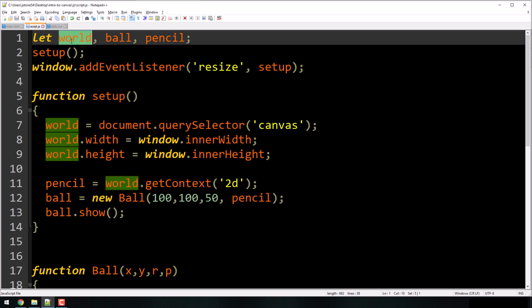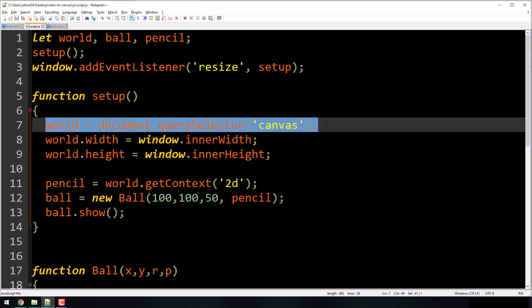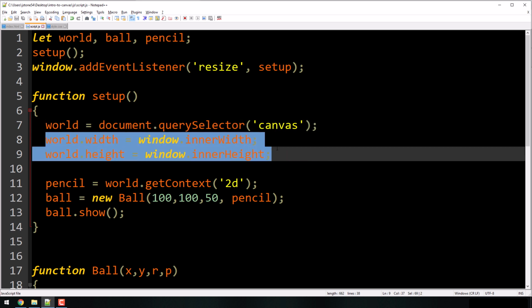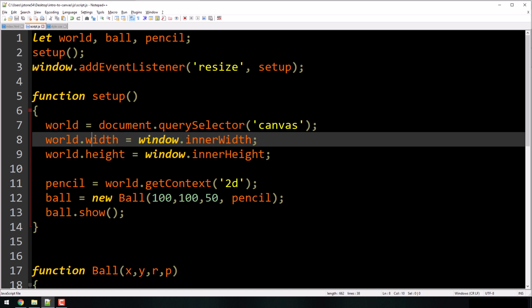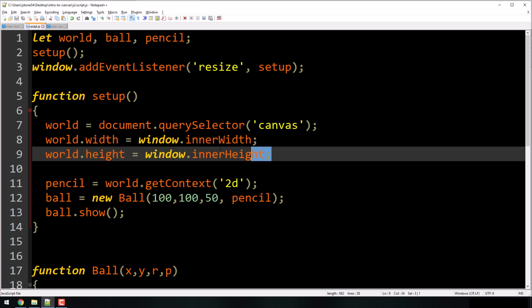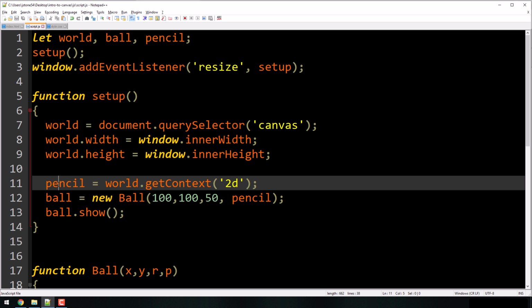All right. What's my setup function do? It takes this world object, which assigns it that canvas in my HTML. So that's the whole canvas object. That canvas object has, and again, it's just a tag, right? But it has a width property and a height property. I'm setting it to the window's width and height. So now I've built my canvas. It's full screen. Right? And now I've created a pencil or brush, whatever you want to call it. Like we can rename it to brush if we wanted to. But I'm creating some object that's going to be this full object that has properties that I can change the fill, the stroke, the line style, if it's an arc, a rectangle, all this stuff.